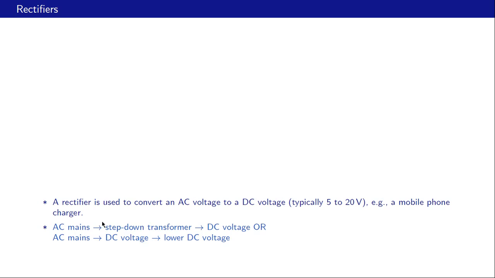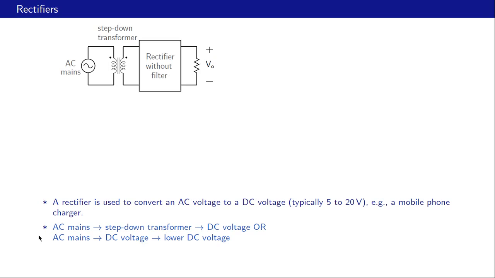Now in doing this, we have two possible approaches. One, we start with the AC mains voltage, step it down to a lower AC voltage and then convert it to DC. The second approach is we start with the AC mains and directly convert it to a DC voltage. So this DC voltage would be a large DC voltage, and then convert that large DC voltage to a smaller DC voltage using a DC to DC converter. In this course, we will look at this first approach